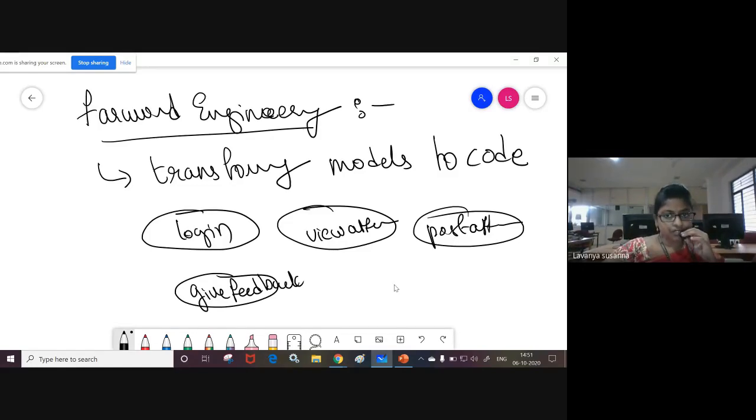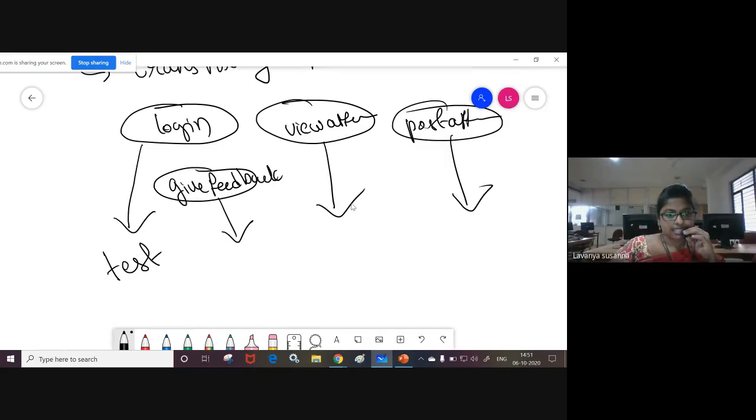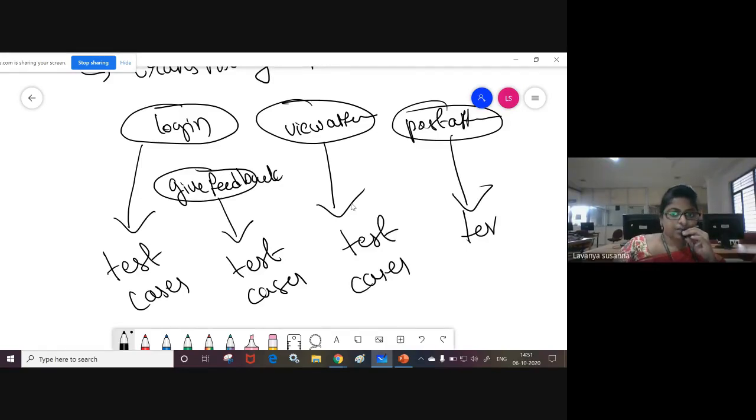Now coming to forward engineering, let us take the use case diagram. From the use case diagram, what are you going to map? For every use case, you are going to develop some test cases. Every use case has a use case specification, right? That is nothing but the use case description, basic flow, precondition, post condition, and alternative flows. Already we have seen all those things. Now you are going to test the